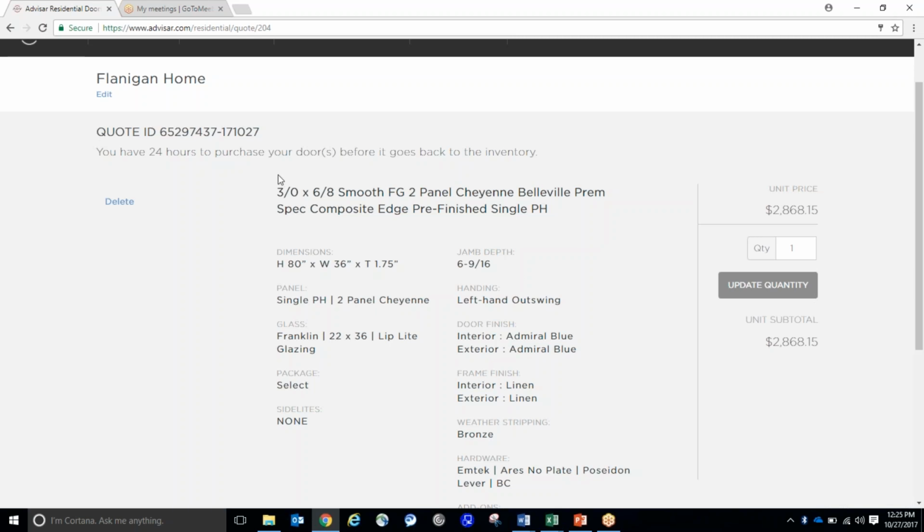So it's very, very important that you make sure and verify that all these details are correct. Over in the right-hand side, you do have the option to increase the quantity. And so if you want the exact same door but multiple, you can just change that and then click the Update Quantity button here. For the purpose of this, I just want 1 door, so I'm going to leave it at 1. I'm going to verify all my information,